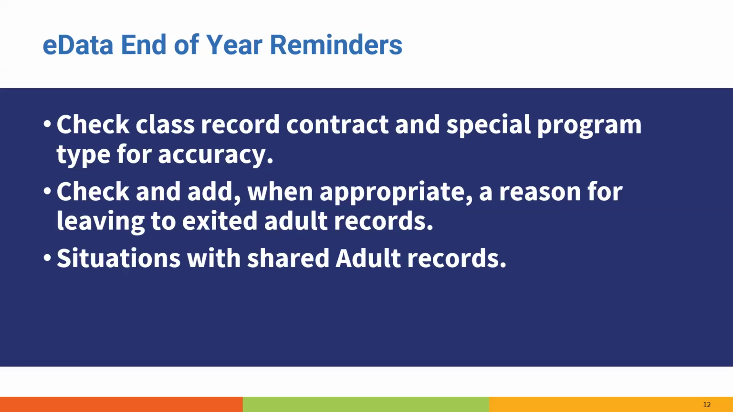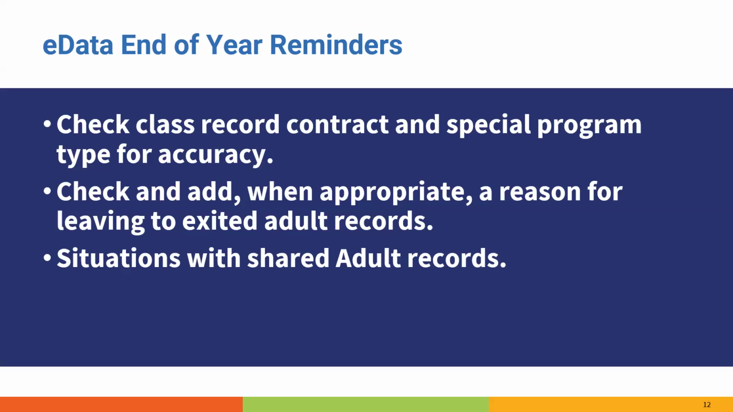Few more things, because there's a lot of angles to think about at the end of the year. Check class record contracts and special program types for accuracy. And two things with that. So I'll talk about the contract part first. With contracts,